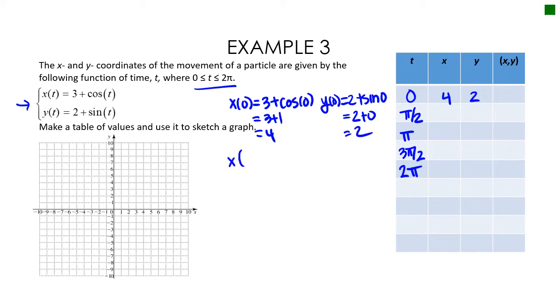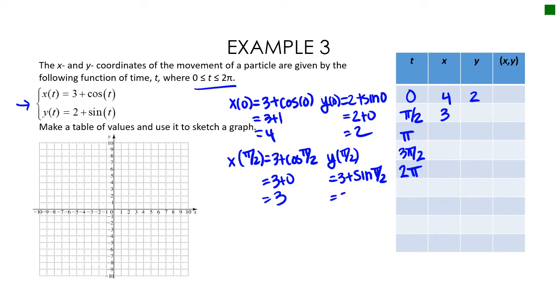Okay, when I look at pi over 2 for being the time, I get 3 plus the cosine of pi over 2, which gives me 3 plus 0, which is 3. And then when I look at the y of that, that's going to give me 2 plus the sine of pi over 2, which gives me 2 plus 1, which is 3. So you can kind of finish this out on your own, but you'll end up getting 2, 2, 3, 1,